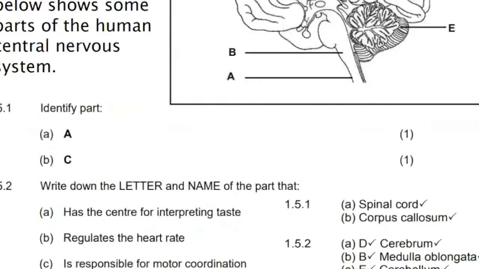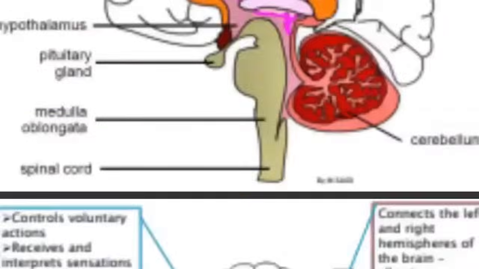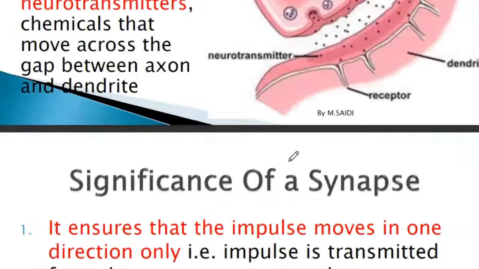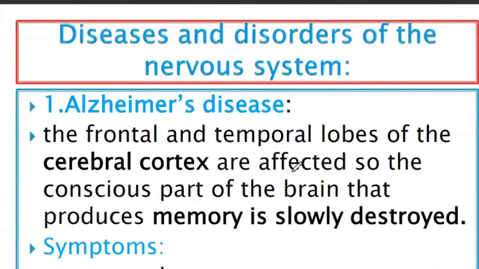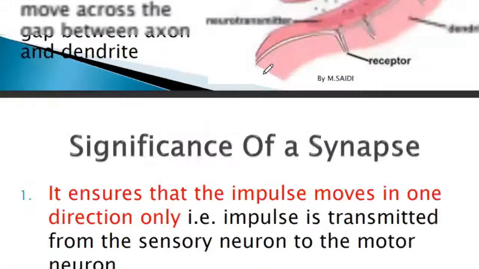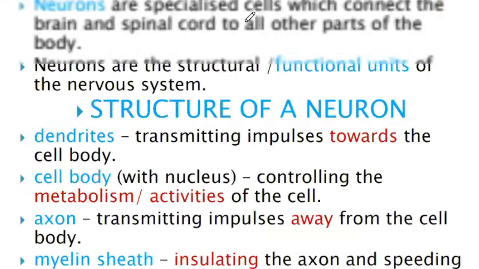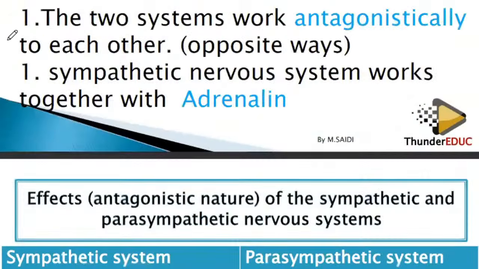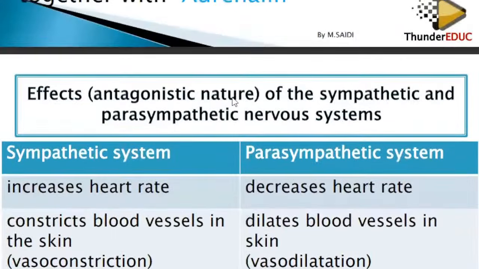As I explained before, yes. So basically, that's what you are supposed to look at. This is what they are looking at, the differences. Remember that we said here that the sympathetic nervous system works together with adrenaline, meaning that where there is sympathetic nervous system, we put adrenaline,